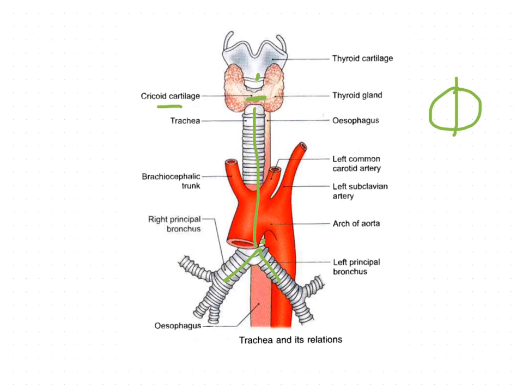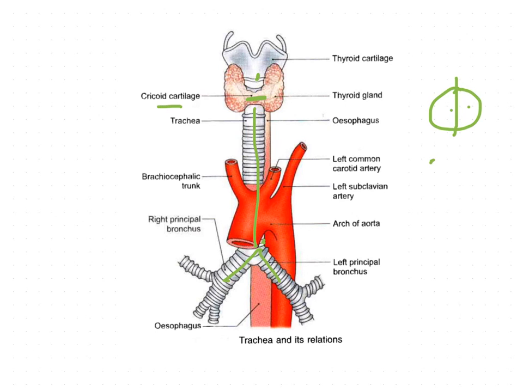Here the lumen is smaller in the living than in the cadaver, and the lumen is about 3 millimeters at 1 year of age. During childhood it corresponds to the age in years, with a maximum of about 12 millimeters in adults. That means every year it is going to increase by 1 millimeter.